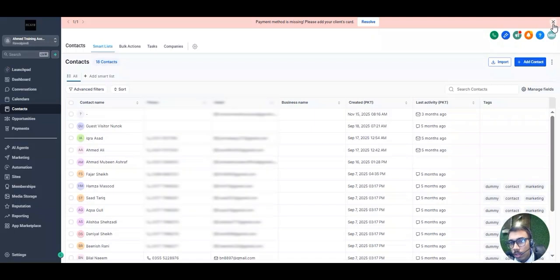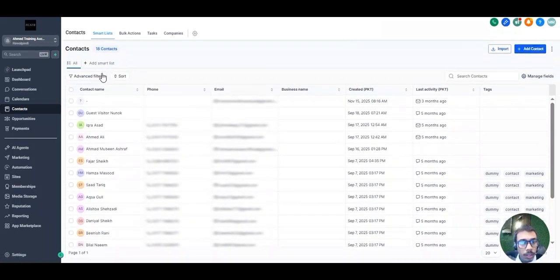We are inside our GoHighLevel, and I'll try to explain with a problem statement. The problem is that I have multiple contacts, but I want to store their favorite singers. How do I save their favorite singers in my CRM? The answer is that there is no default way, but instead we can do another thing, which is creating custom fields. I'll go into my settings